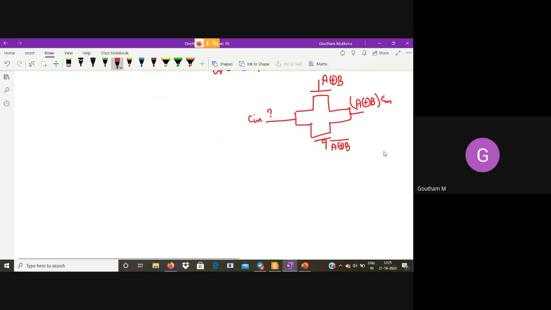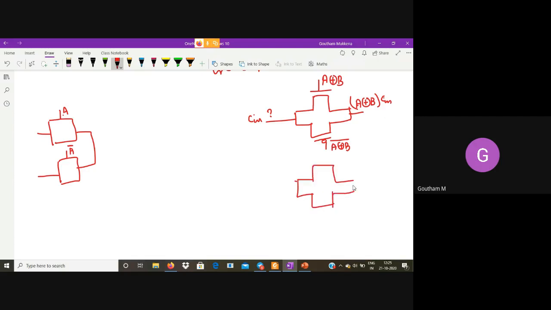But see, your transmission gate logic style always says top transmission gate and bottom transmission gate should be there with complementary signals. If this is A and this is A bar, so I'll put another transmission gate over here.